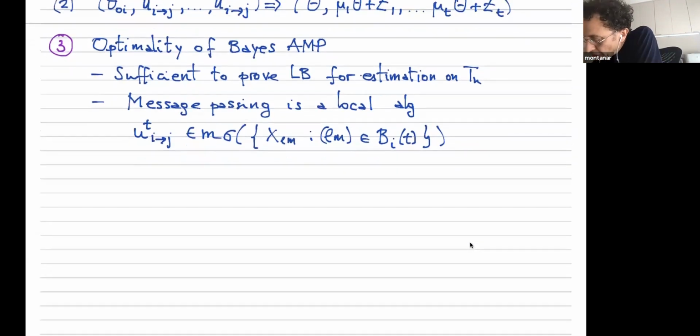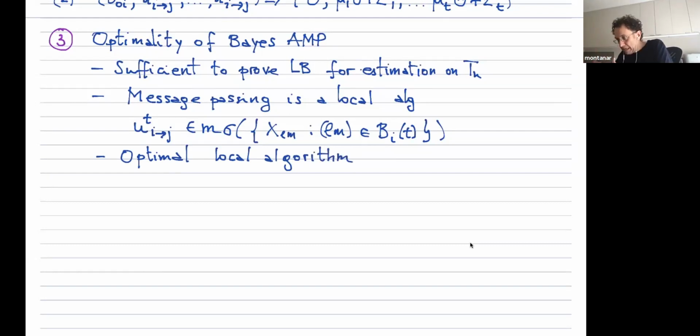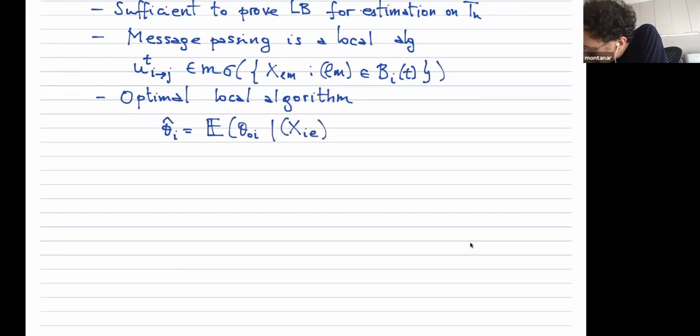Okay, now there exists an optimal local algorithm. So, message passing algorithms are a special subset of local algorithms, but there exists an optimal local algorithm. And this is simply what? It simply estimates at each vertex i by computing the posterior expectation of vertex i given all the guys